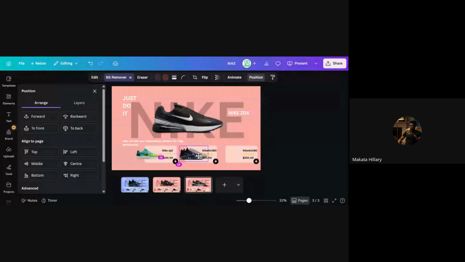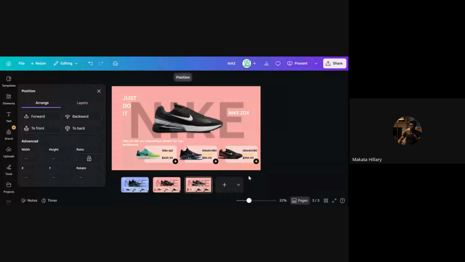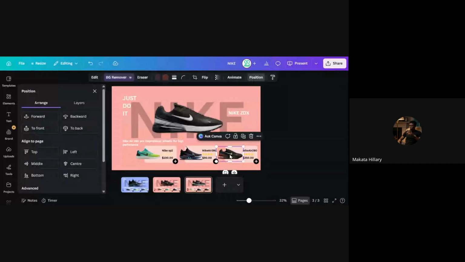So like I said, if you move to the back when you're trying to align it, bring it to the front so you see what you're doing. So place it, and then I use this one to size it. After that, I move it, and then bring forward also. Now, the last shoe we're going to work on is the green one. That's the last one. But before that, we need to